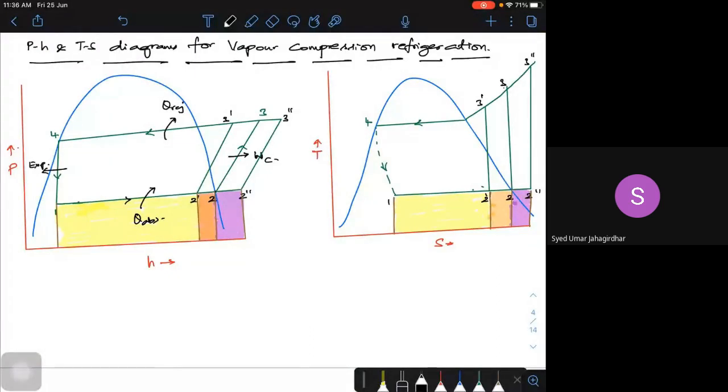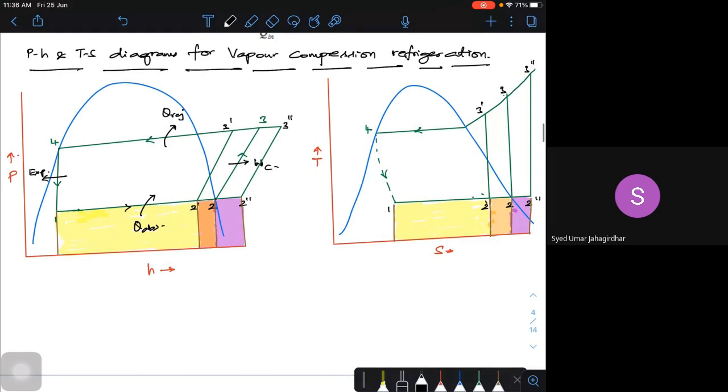So the condition, you can put whatever the condition is. If they tell you a vapor compression refrigeration system with a dry condition at the end of the evaporation, just go with 1, 2, 3, 4. If it is a wet condition, it will be 1, 2 dash, 3 dash, 4. If it is a superheated condition, it will be 1, 2 double dash, 3 double dash, 4. Is it clear? I put a very simple sketch so that you don't get confused, and I put the color representation to indicate the heat absorption. So this is also the heat absorption, and this is your heat rejection in the condenser.